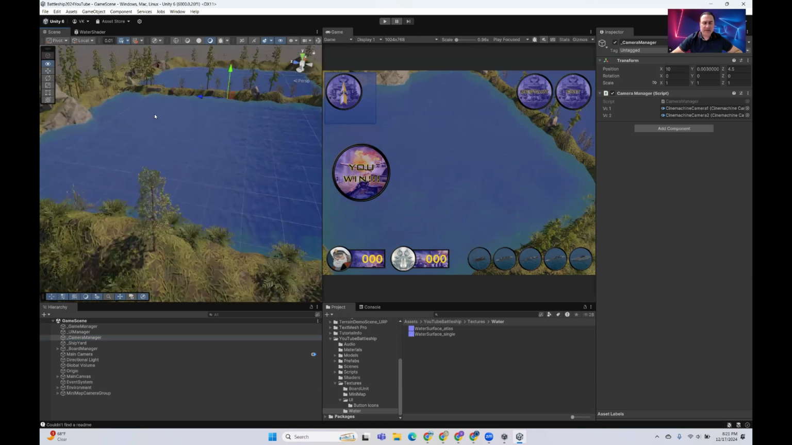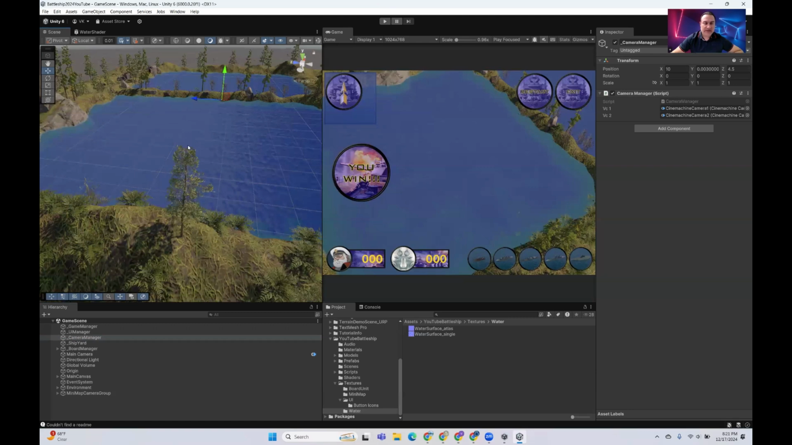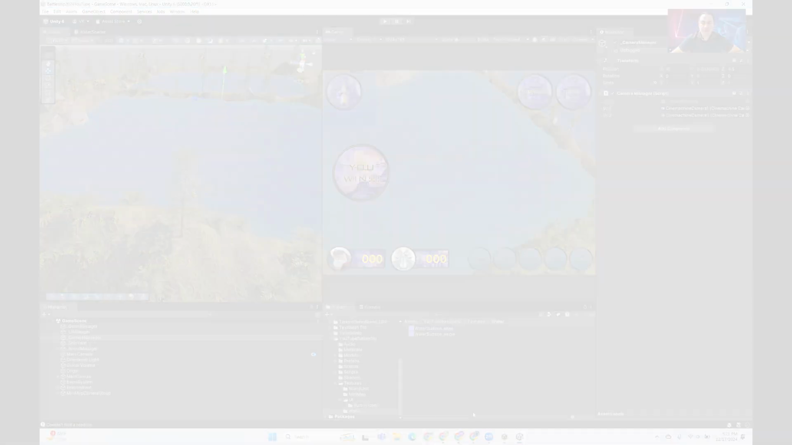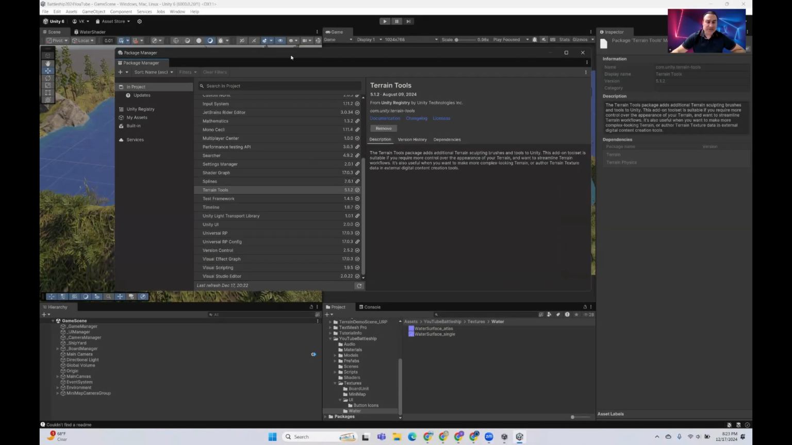Okay, so let's take a look at the actual assets that have been used and how they have been incorporated into this particular design in the scene. So let me go ahead and switch over to where we can get the assets from and how to download them. Okay, so here I'm going to bring up the package manager,